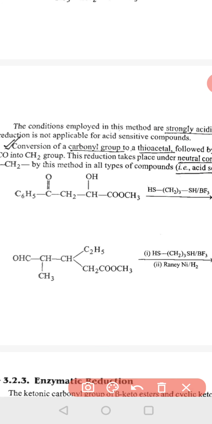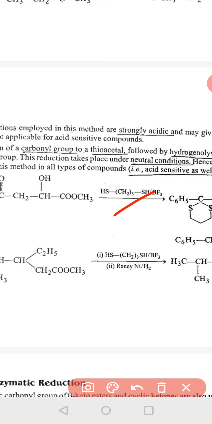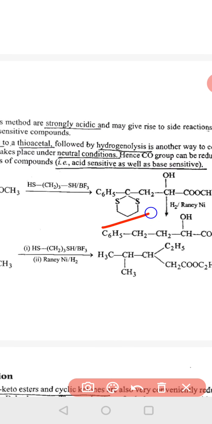This is a compound which has this carbonyl group and this ester group. This is first treated with thiol. This thiol attacks the CO group and we get a thioacetal. The thioacetal formed in such a way is made to undergo hydrogenolysis with hydrogen in presence